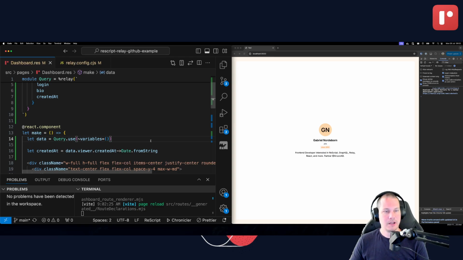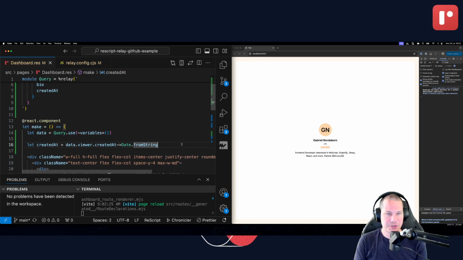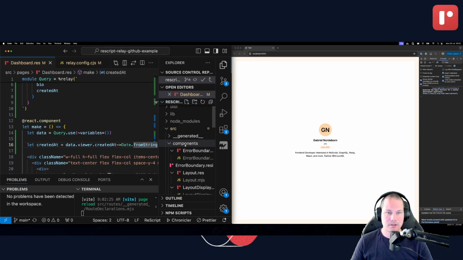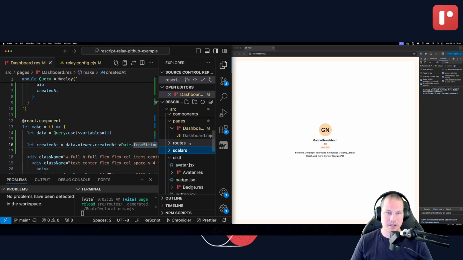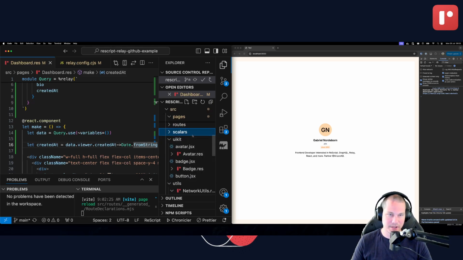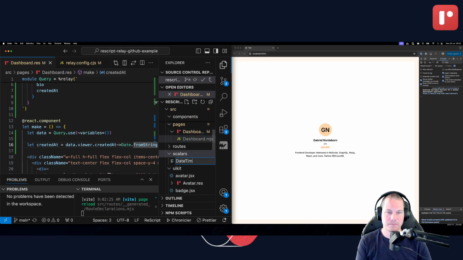Cool. So one final thing I'm going to show you before we dive into the router and lazy query stuff is that you can actually have this custom scalar automatically converted to a date without having to do that yourself. I'm going to create a little folder here, Scalars. You don't have to have a folder called scalars, it's just I like that. I'm going to create a module,